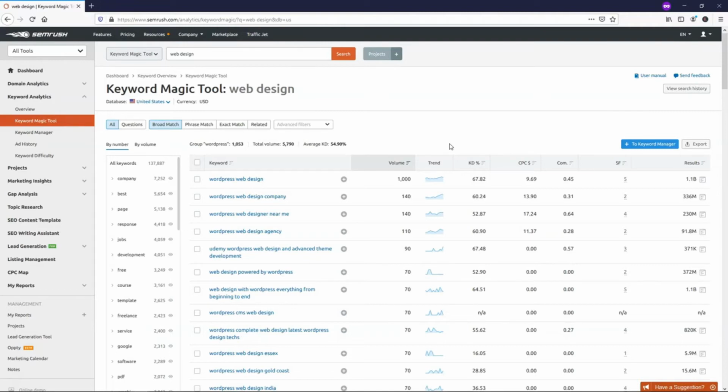Get the low-hanging fruit to start and then move up into the bigger keywords as you progress and start to build up more authority within your website. I would personally recommend that you find at least 50 lower competition articles to write about, especially if you're starting a new website. This is something that I go through every single time I start a new website or a